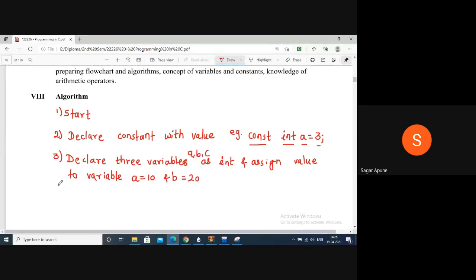Okay. Then fourth step, here we declare one constant, here we declare 3 variables, and here we have to execute one mathematical expression. So here perform c is equal to a plus b. So this is an arithmetic expression. This is an arithmetic expression because it contains addition, right? Addition, subtraction or any, these all are mathematical expressions.